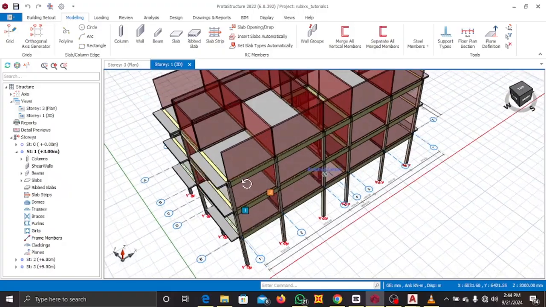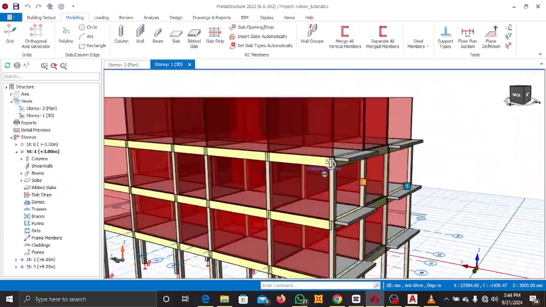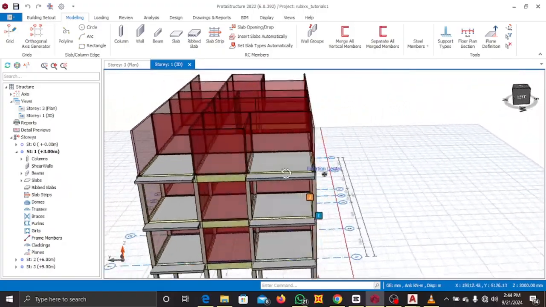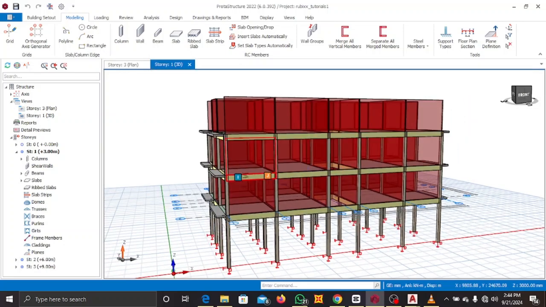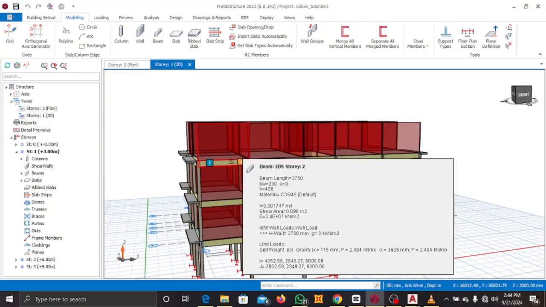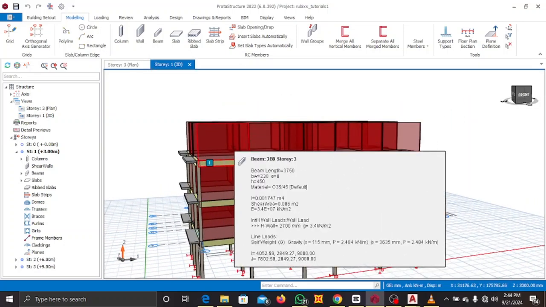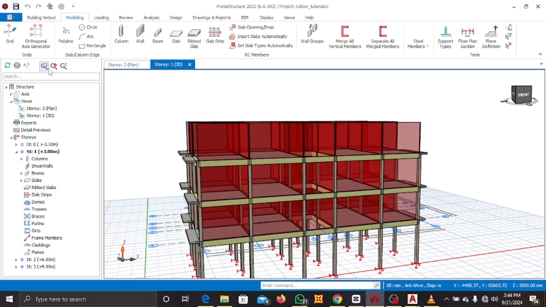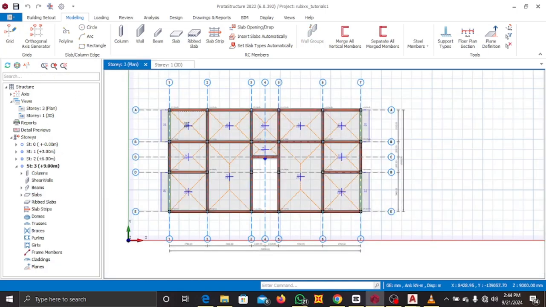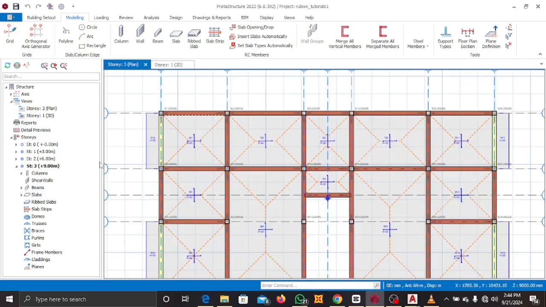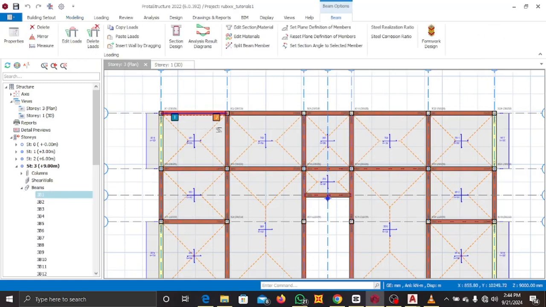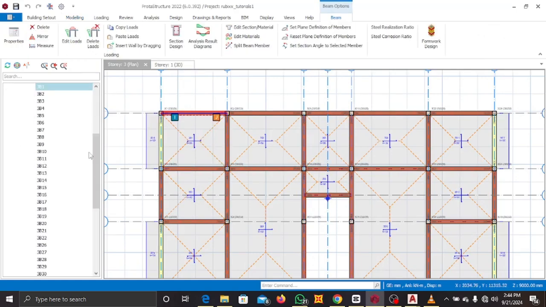So this is what you're going to see. But then we are going to be making changes to our top floor because we are going to have a roof there. So come to plan. First thing we are going to do is delete all the beam loads. Since the top floor is the roof, we don't need walls on the roof. All right, I'm going to select the first one as always, hold your shift, the last one,